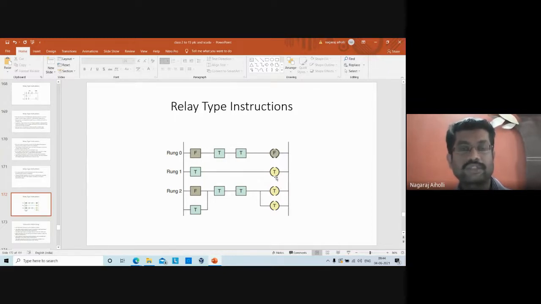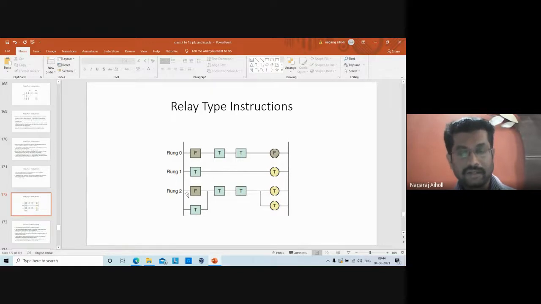The output will be switched on. Then here the input is false, but what about the branch here? There's a branch, and the branch condition is true. So this is true, and this is true, and hence both the output devices are energized.